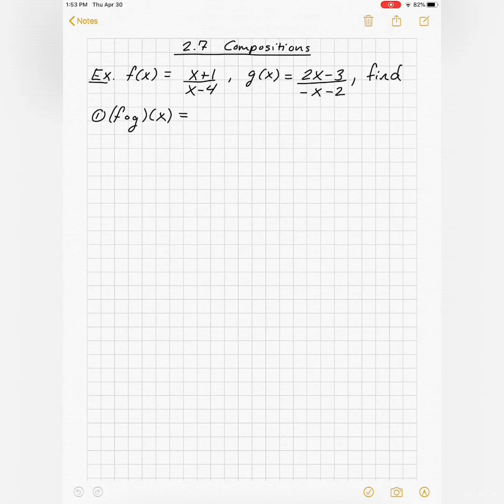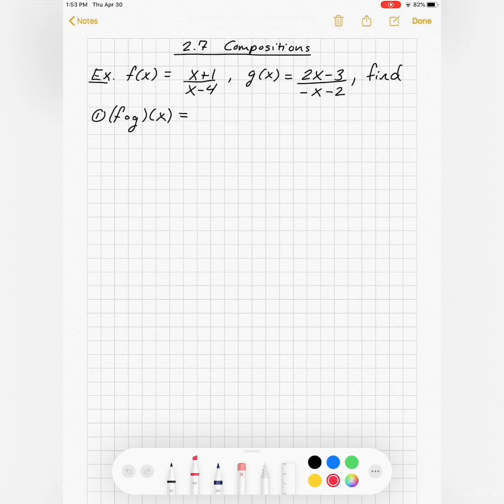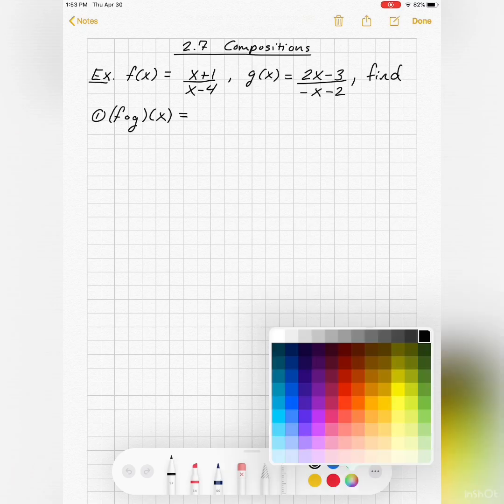2.7 is another section that I would really consider a kind of a review section. I know you've seen this somewhere before, like probably in an algebra class or even in high school. But this section is looking at compositions. So in other words, what we have here is we have two functions, or we could even have more